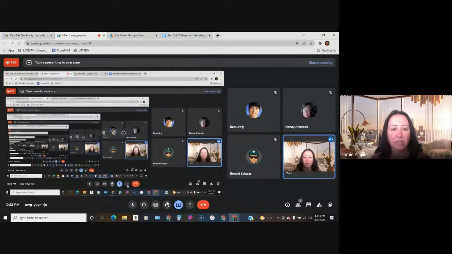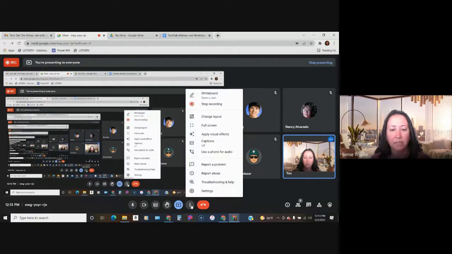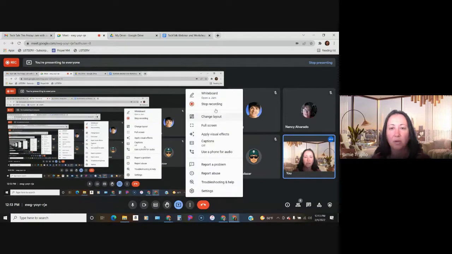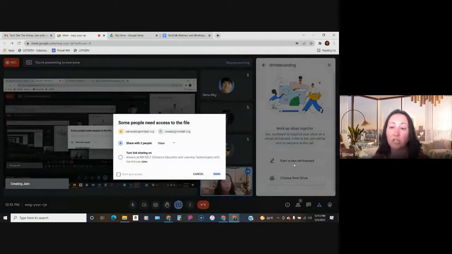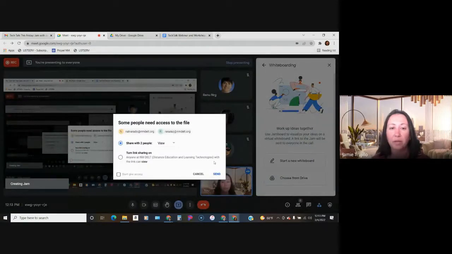But if I click on these three dots here at the bottom, the more options, it'll bring up my options, and then whiteboard is the very top one. So I click there, and then it brings up the pop-up over on the right, and then I can start a new whiteboard. Or I can choose one from Drive, okay? So then I can share it with